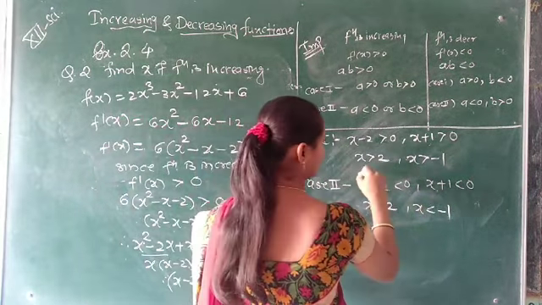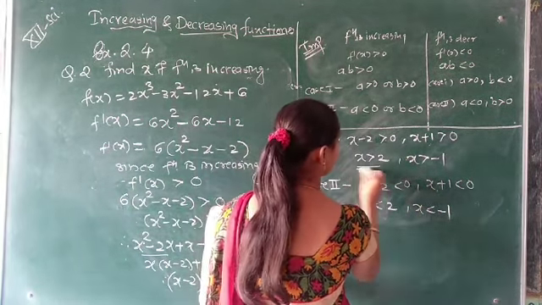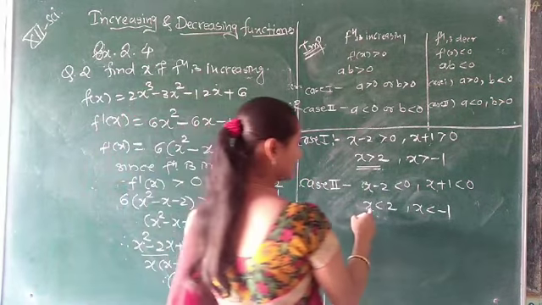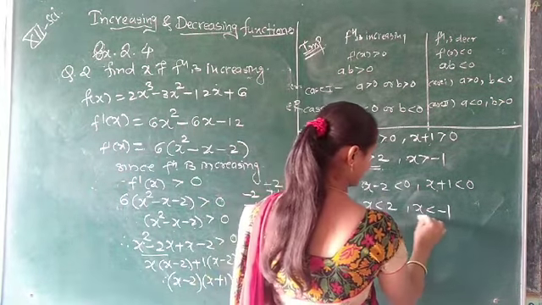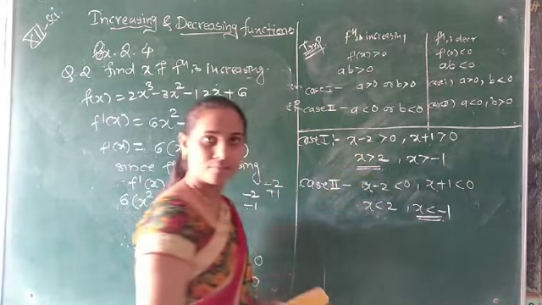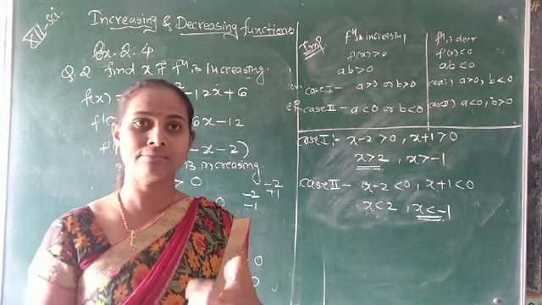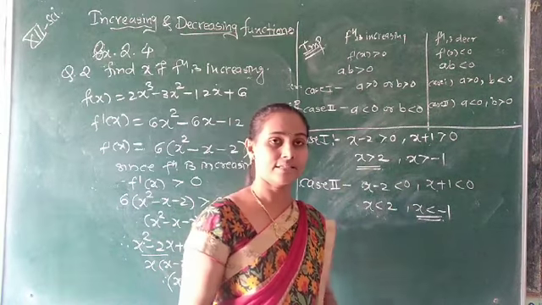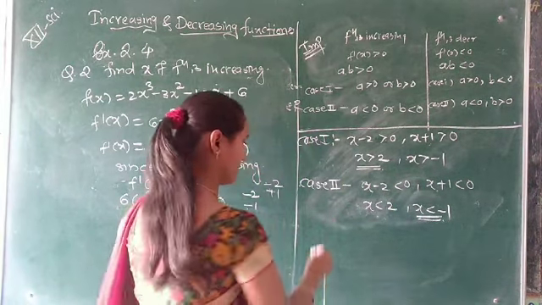Then x greater than 2 and x greater than minus 1. So which is greater? That is x greater than 2. And from case second, x less than 2 and x less than minus 1. So x less than minus 1. So here we consider the value of x, that is x is greater than 2 and x is less than minus 1. Therefore,